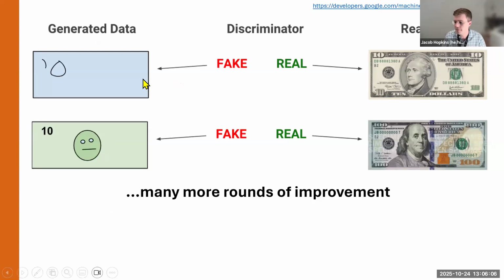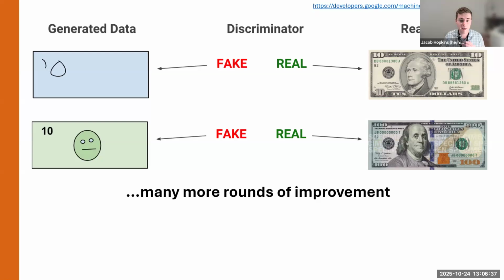And so here you can see sort of a simplistic example of this. On the left, you can see the generator is trying to create a fake version of a dollar bill. Its very first example is not very good, and the discriminator is easily able to tell that it's fake, and so it tells the generator, nope, that's not good enough, try again. It tries it again, gets some things better, but still very obviously fake. The discriminator says nope, and makes it try it again.